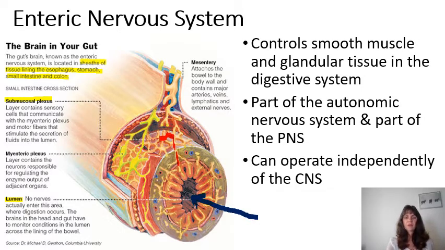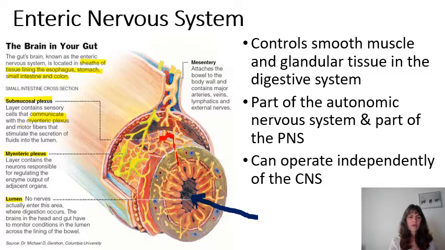The submucosal plexus contains sensory cells that are going to communicate with another network or plexus. This is the myenteric plexus. The submucosal plexus communicates with the myenteric plexus,